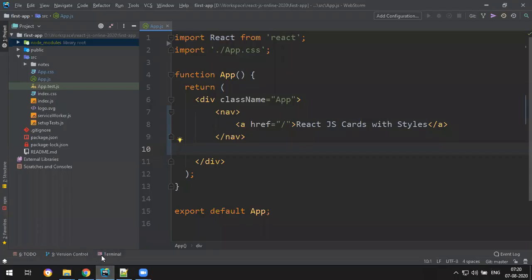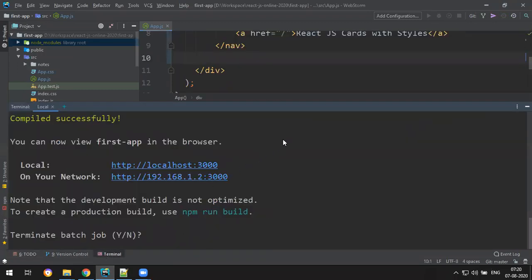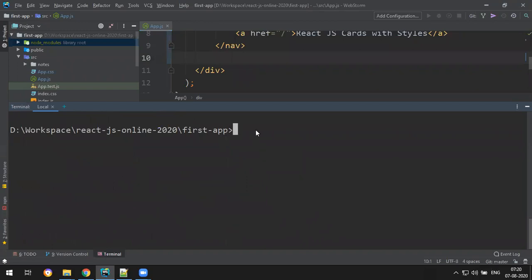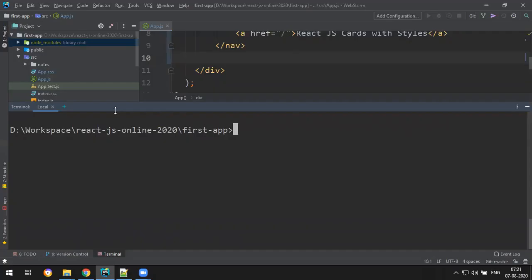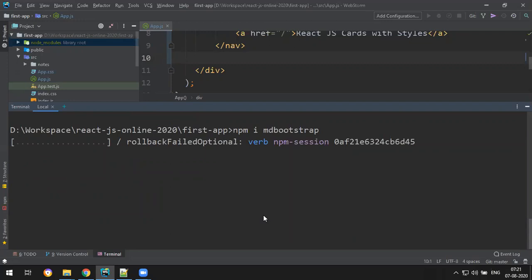Where you do that is, go to the terminal. Let me stop the server. Server stop, you type Control C, it stops. And then how to install is this one. Just click on this, it's copied, and let's paste here and press enter. This is going to install the MD Bootstrap library for us, and that library will be stored in the node_modules folder. So let's wait for this. I think it's a bit slow. Okay, let's see.